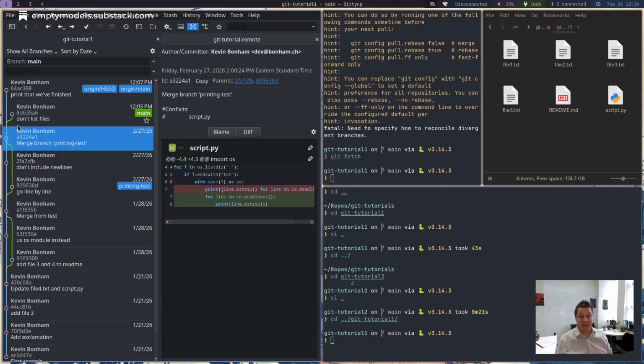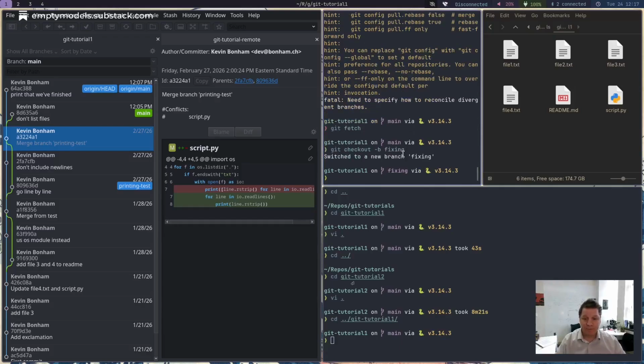So the easiest way to deal with this, from my perspective, as long as something didn't go wrong on the remote, if everything's okay on the remote, is to try to update your local copy to fix. So what I'm going to do now is change my local repo. Instead of being on this main branch, I'm going to switch to a new branch that I can hold on to, and then we can figure out how to merge. So I'm going to say git checkout -b. What this does is it creates a new branch and checks it out. So that's what I'm editing. So I'll say git checkout -b